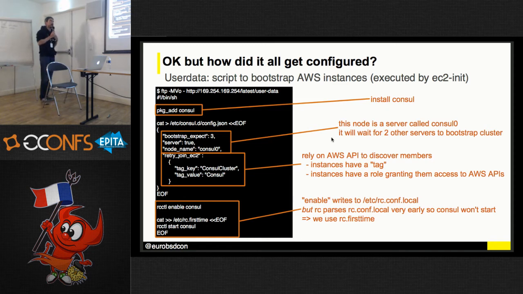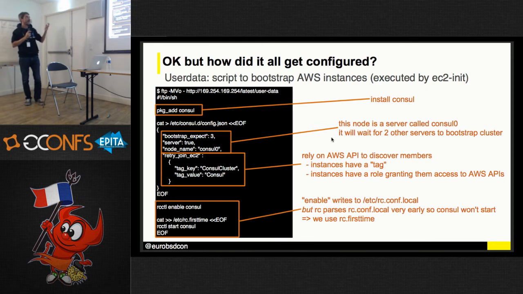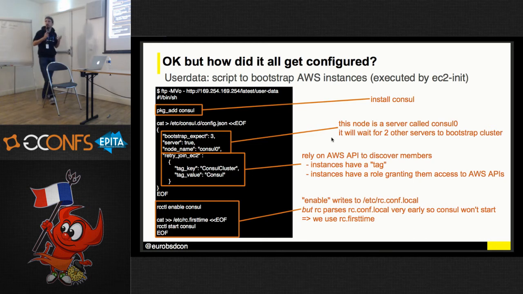So the way this works is with the user data I mentioned before. It's a script that you can provide when you create an AWS machine that's going to be available on the metadata server, and that is going to be run by cloud-init, or in our case, EC2 init. And it provides you a way to bootstrap the machine and install a whole bunch of stuff and do configuration if you want.